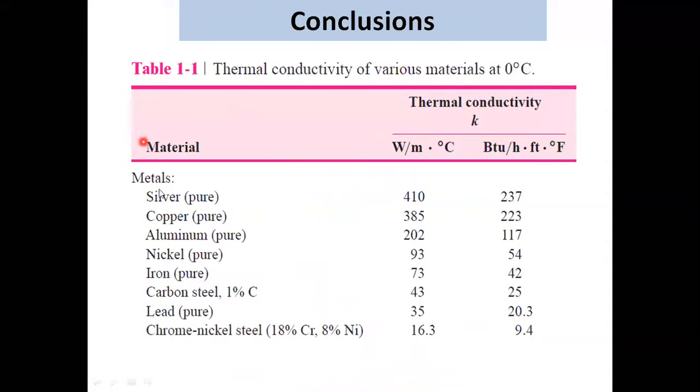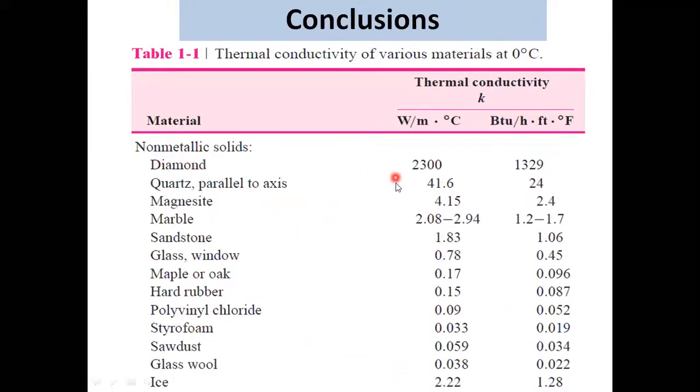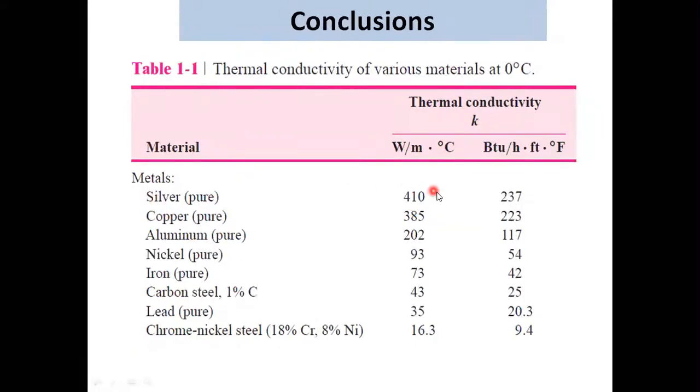So in conclusion, you can find the various values of thermal conductivity from standard literature. For example, among materials, the highest thermal conductivity is for silver, and maybe for diamond also, that is for non-metallic solids. For metallic, the highest thermal conductivity is for silver, and then chrome, nickel, steel will be around 9.4. Carbon steel is around 25. We are using mild steel, which is basically a low carbon steel, so it should be around 20-25, but we are getting 11 watt per meter Kelvin, which we have to mention in our conclusions also.